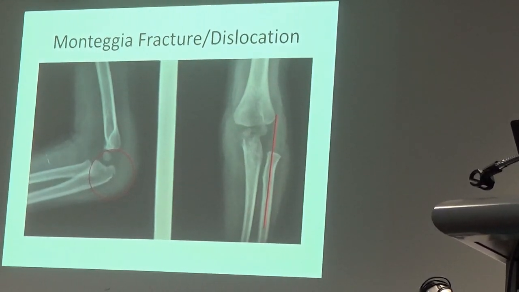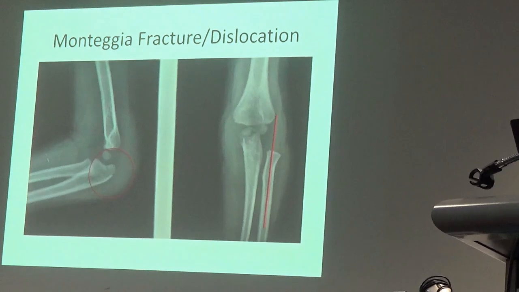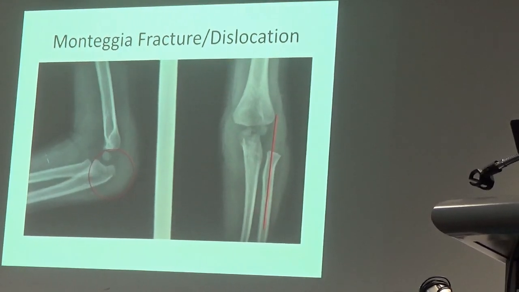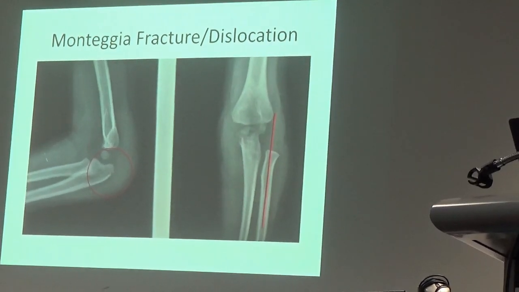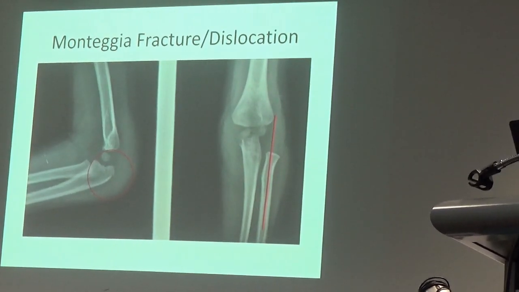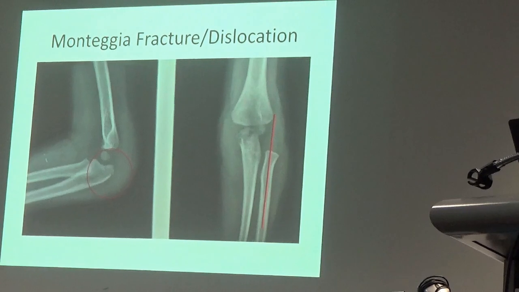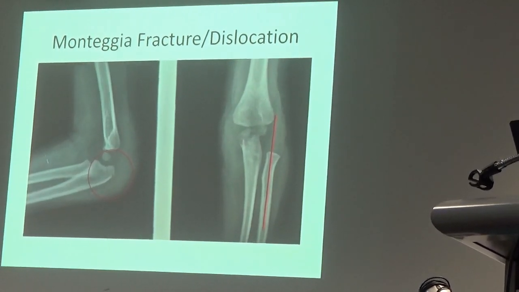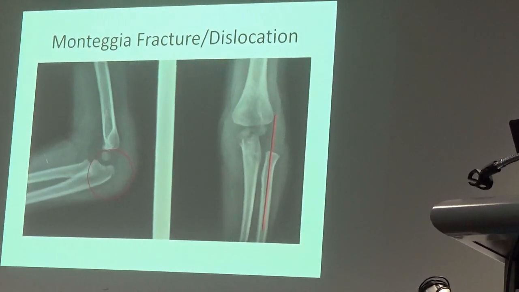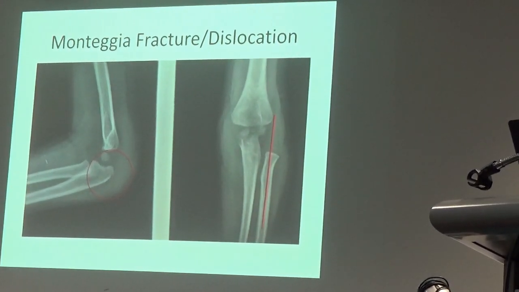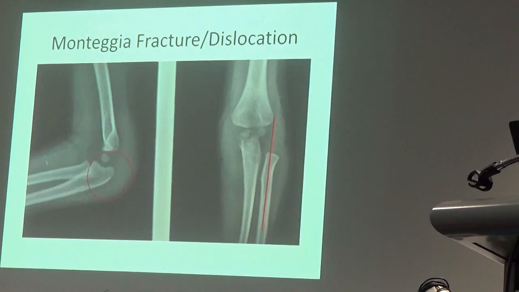Because if you miss it, you put them in a plaster, send them to the clinic in a week or two, and the radial head's out, it can be a right pain to put it back in. And sometimes you actually need to osteotomise the ulna to get the radial head back in, and that's a massive undertaking in a little kid. So the take-home message there is if you've got an isolated ulnar fracture, can't see anything with the radius, be just really, really worried about the fact that the radial head might be out. So there's a couple of examples there. Moving on to the upper